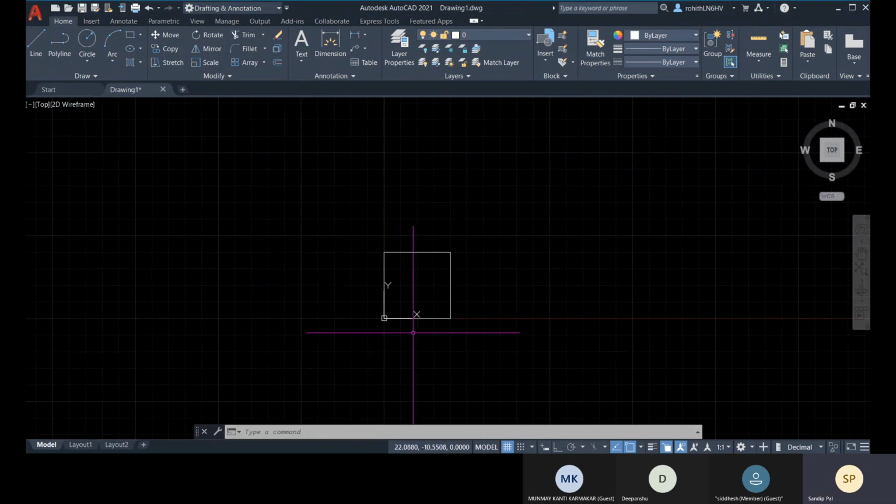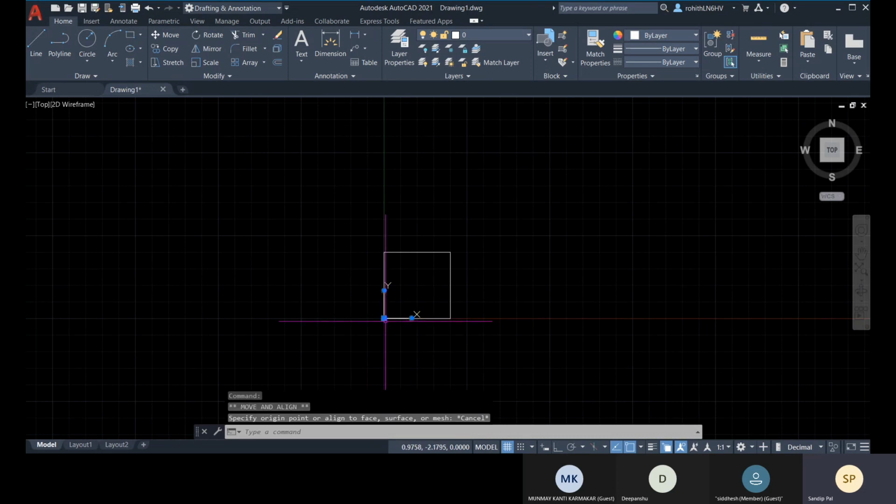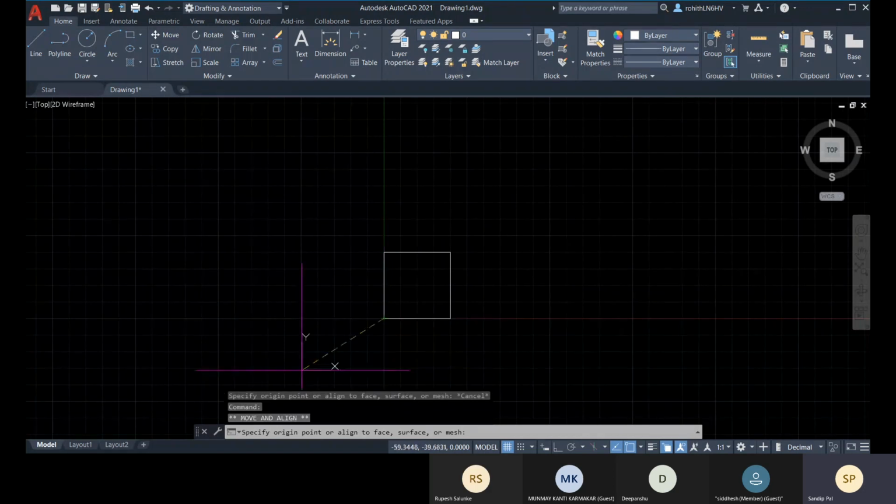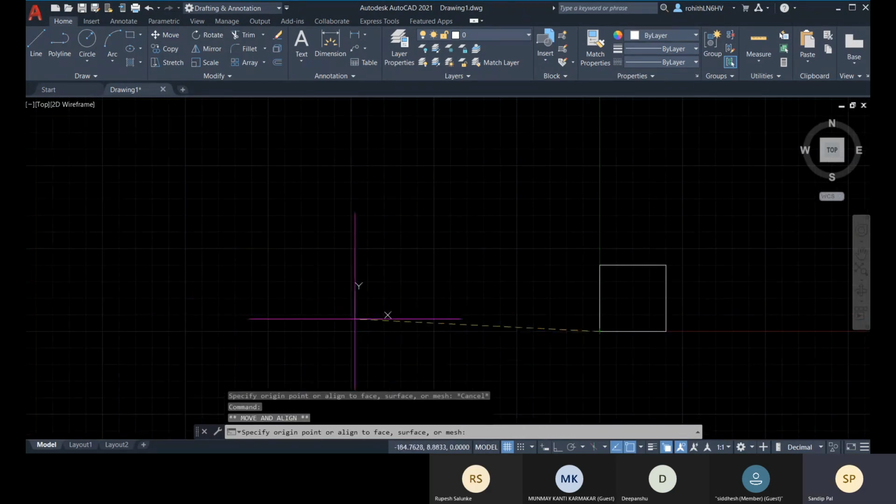Now let me do one thing, change this UCS position. Now I'll change the origin as well. How I'm doing it: I'm selecting this UCS icon, then with this grip point at the origin, I'm clicking and dragging to any location.